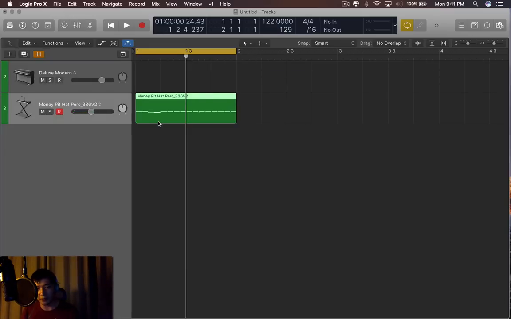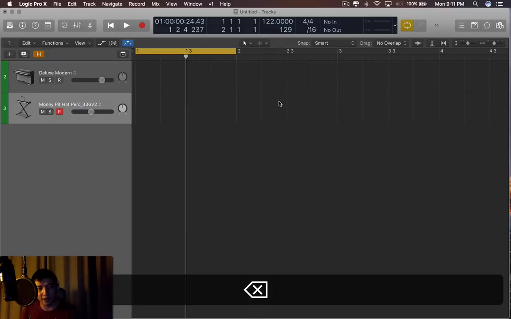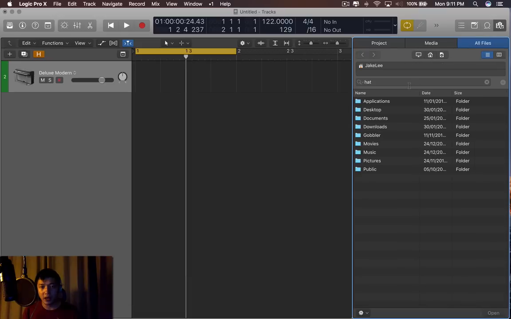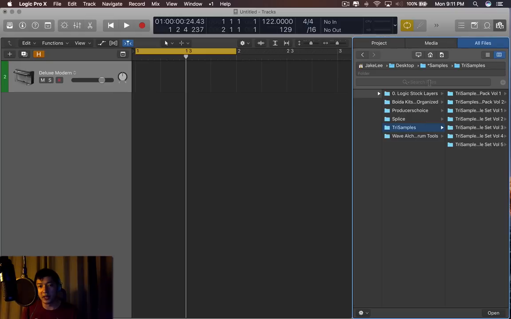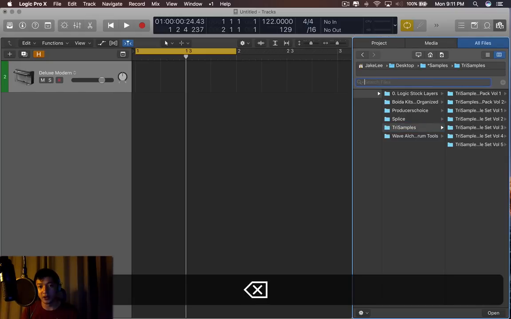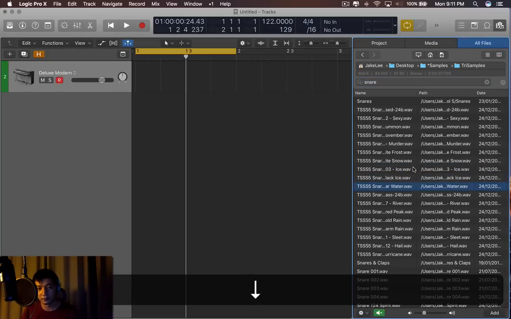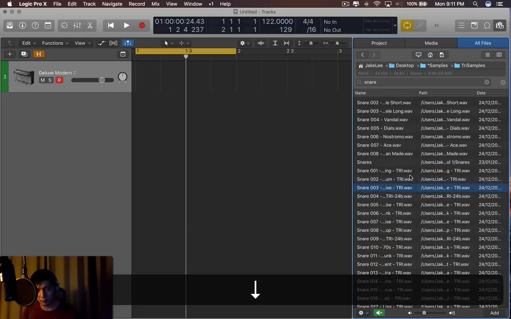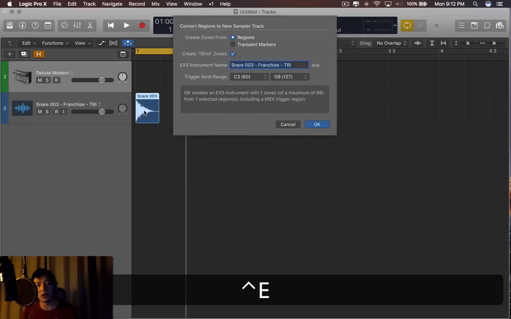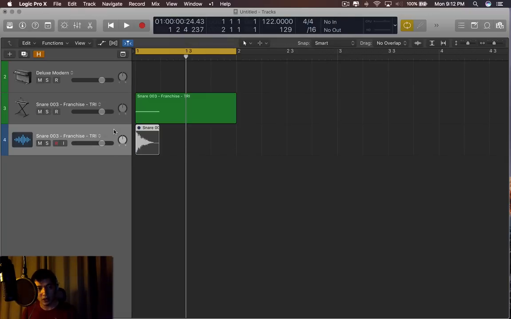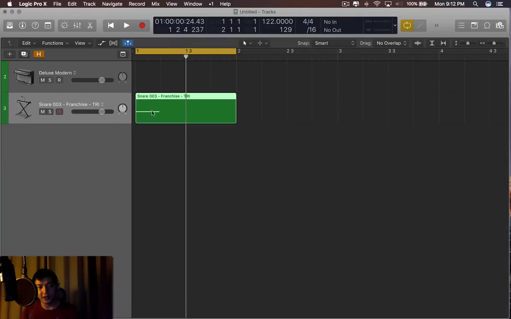Anyhow, I'll just demonstrate this one last time pretty fast. So again, I'll click here, I'll change the viewing grid, I'll click samples, I'll choose some kick, and let's say I want to choose a snare. Okay, I'll double click, I'll press F, I'll press Control E, I'll press enter, and now if I delete this, I just have a MIDI file, and that's how I like to work with